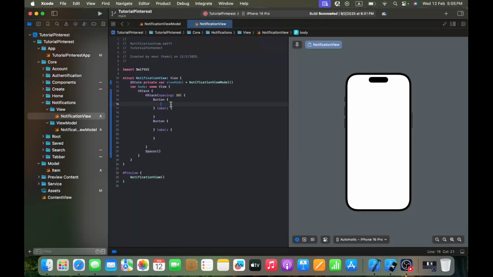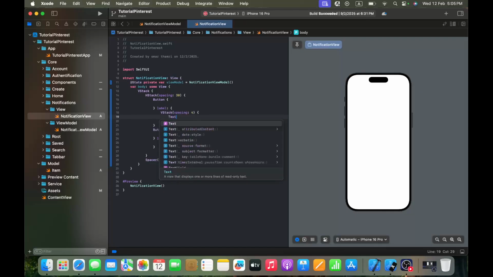So let's implement it. In the label, let's implement a VStack with a spacing of 4. And here we got a text that says updates